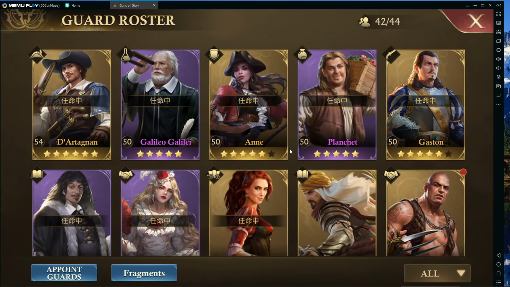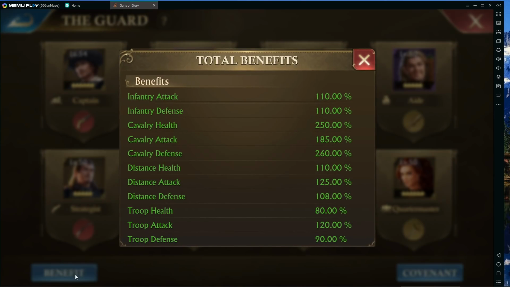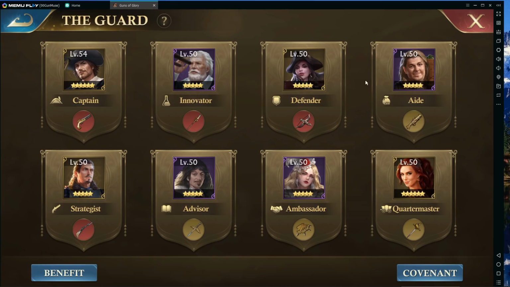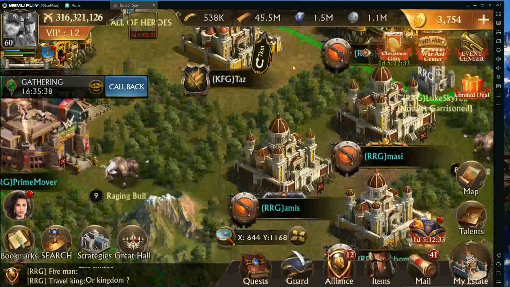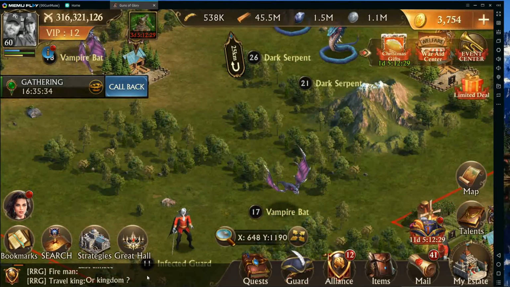On these guards, they look like they have the potential, except for a couple things. Point guards benefit. See, that's a total. So I mean, your base here is still your base. So if I'm going out here and farming up more food, which I should be doing,